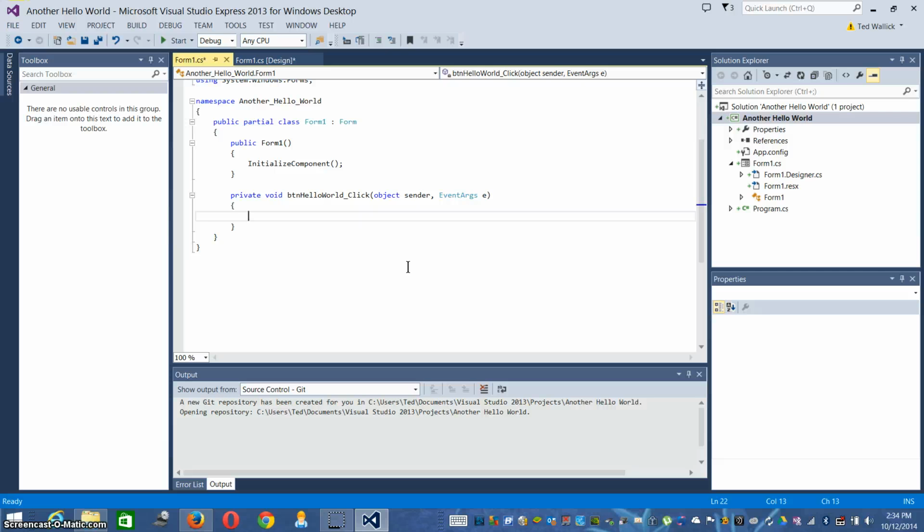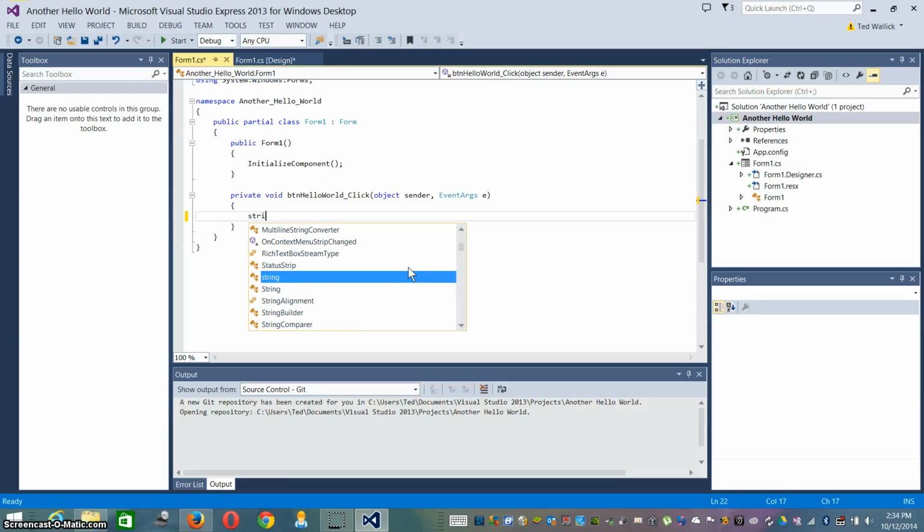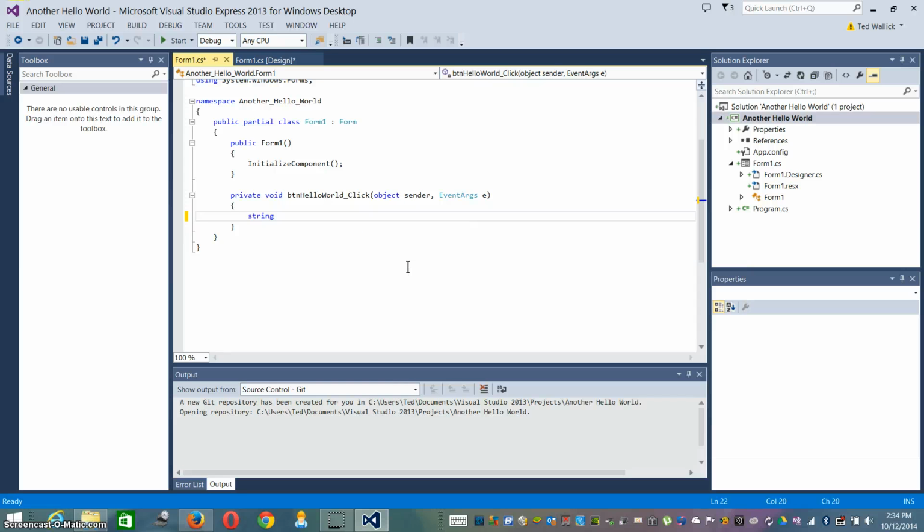Okay, what we want to do is we want to make the button decide what to do if the form is blank, if the name field is blank. To do that, we want to set up a variable that stores the value of what's in that text field. To do that, we just go, this will be a string variable, give it a name, call it name,